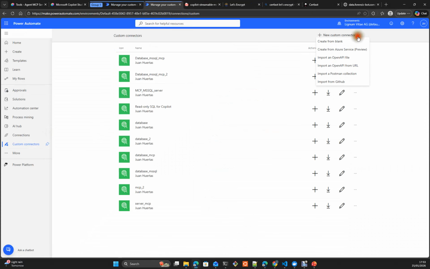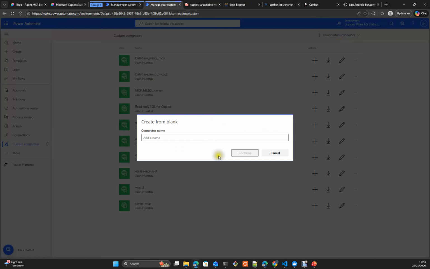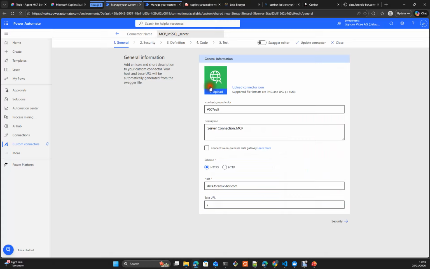You create a new connector, create it from blank, you give it a name, and then you get this point. You can put here a description, you can create general information, you set the HTTPS host, this is the domain where you have hosted the Nginx server,